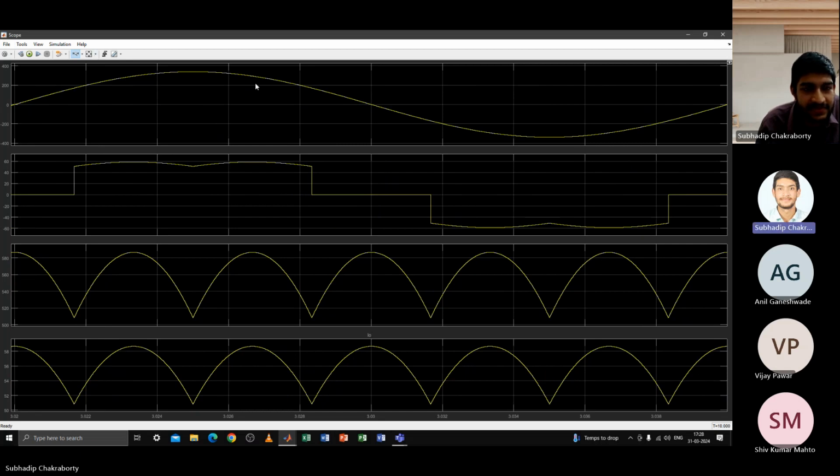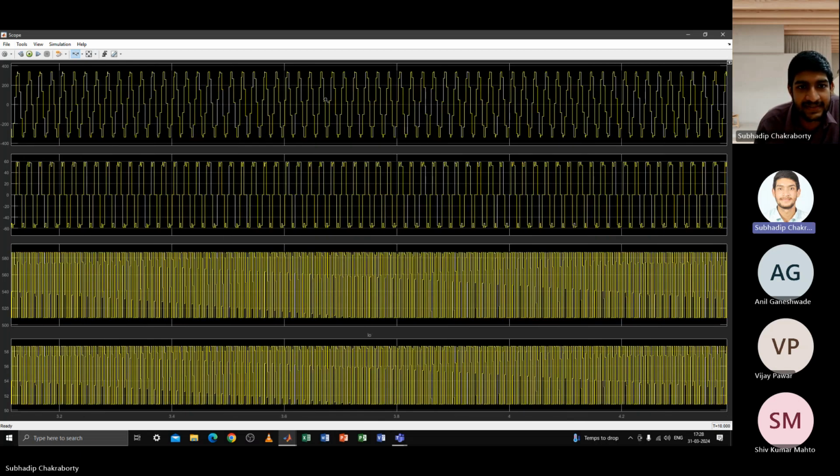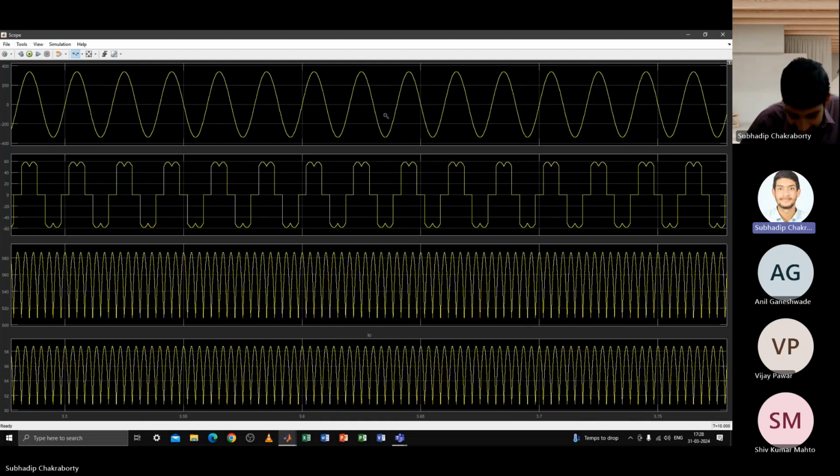Just see how the sine waves look. Let me show you multiple cycles. Do you need reactive power compensation design incorporated in your filters for this kind of load? If I give you this load,